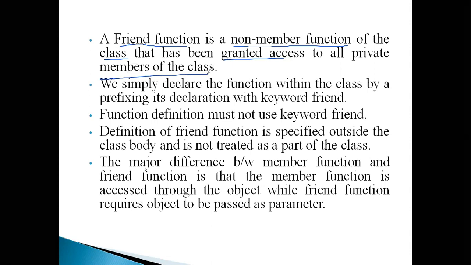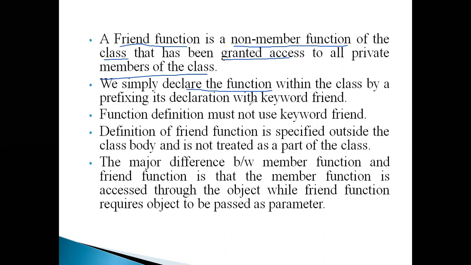For example, there are two classes A and B. Now A has a private data X. To access the private data X, ultimately the member functions of A can access it. But now we extend that access to the next level. There is one more class named B. Now the member functions of the class B want to access the private data X. How can they access it? Whenever we make those member functions friend functions, then simply those functions can access the private data of the class.